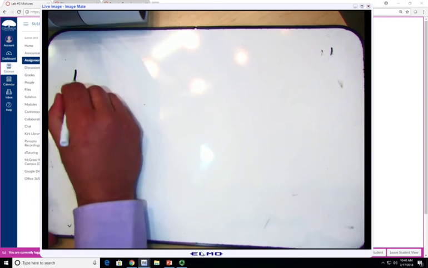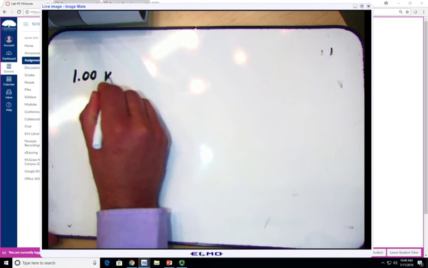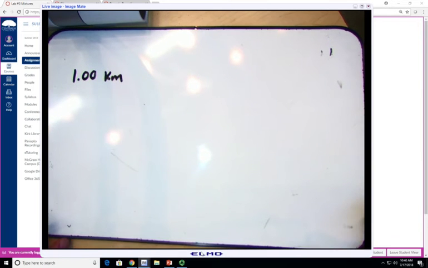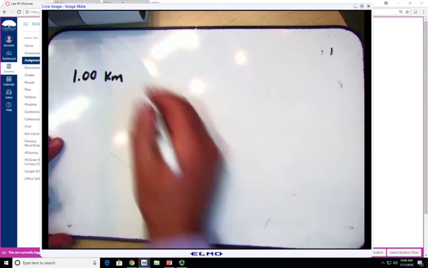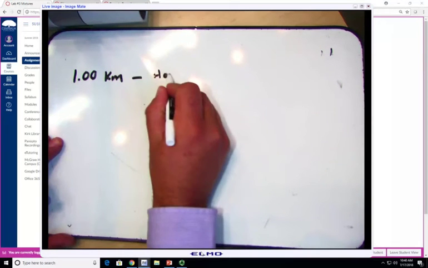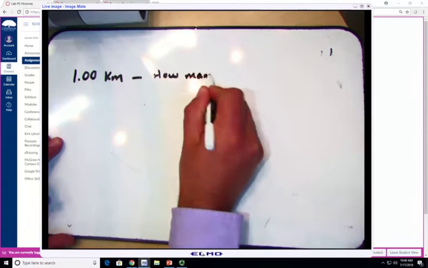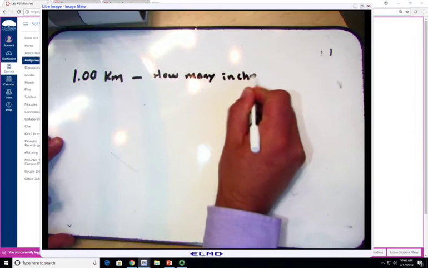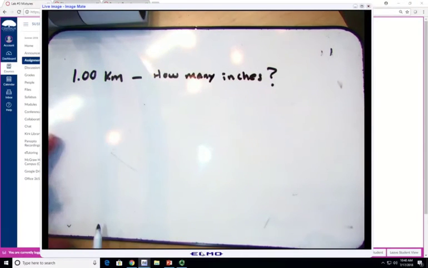Okay? So how many inches are there in 1.00 kilometers? Okay. So this is the problem. And the question is, how many inches? All right, so the first step, step 1,